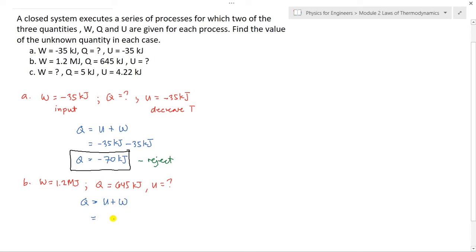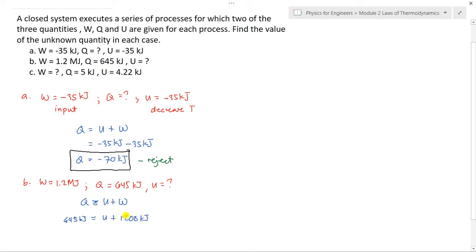Therefore, our U here is unknown. Q is positive, so write positive 645 kilojoules. Then U plus this 1.2 megajoules, which we multiply by 1000 to make it kilojoules so the units are consistent. So that would be 1200